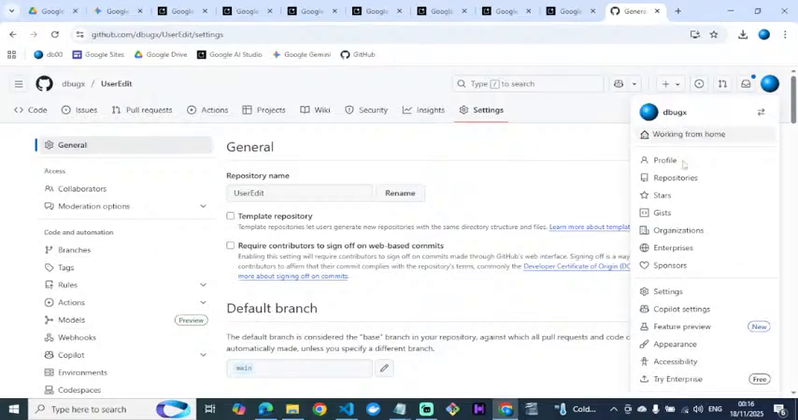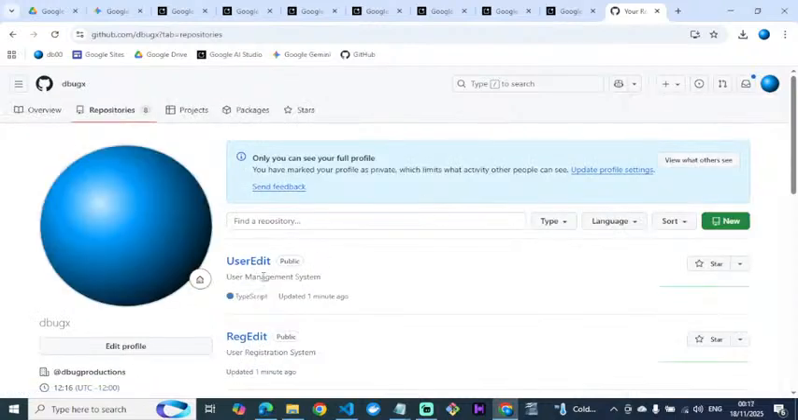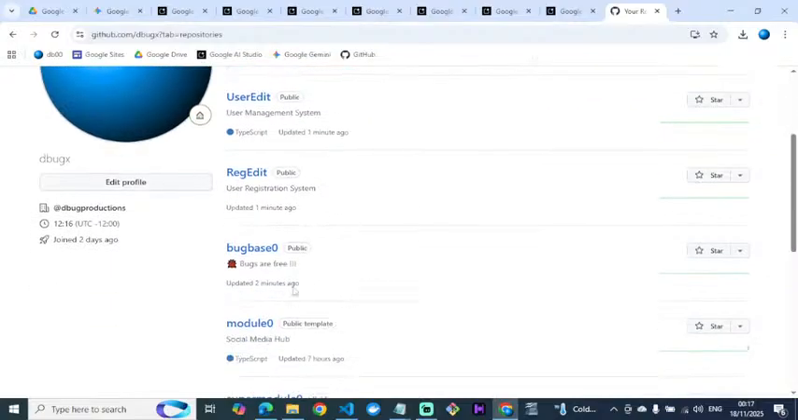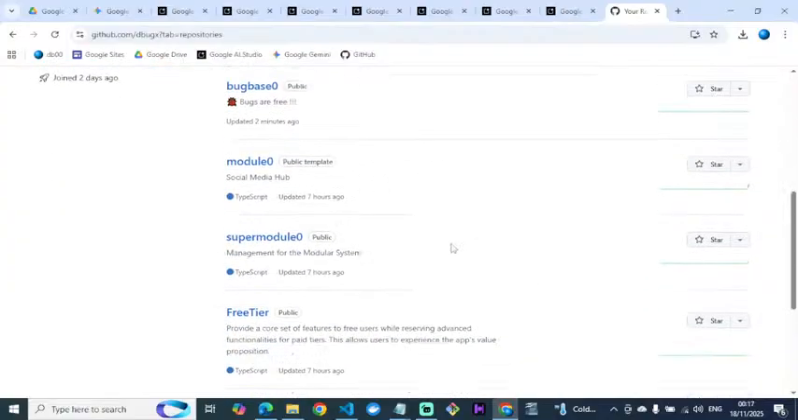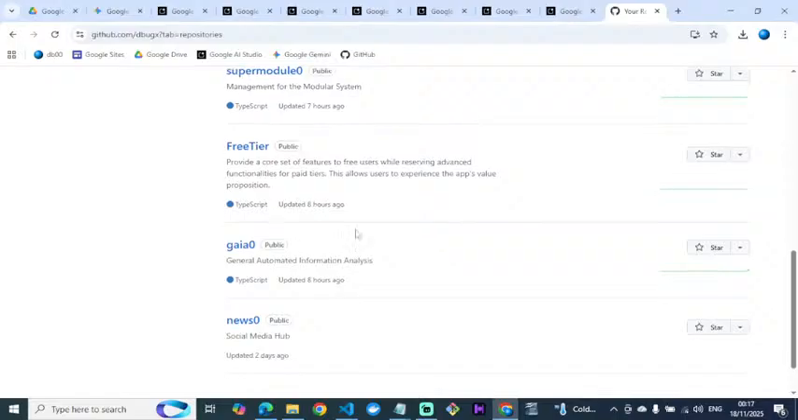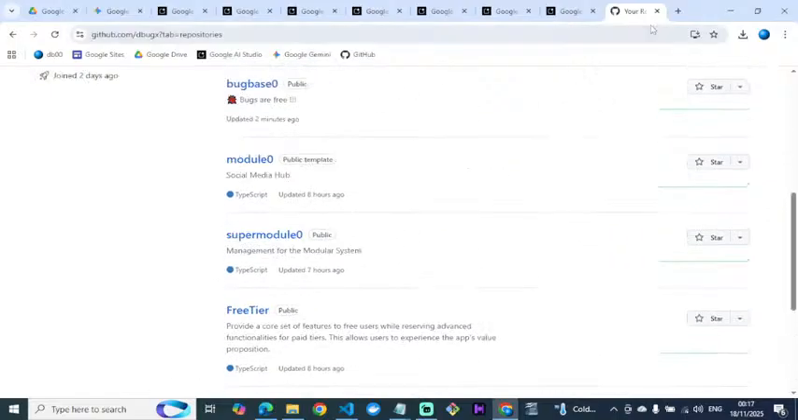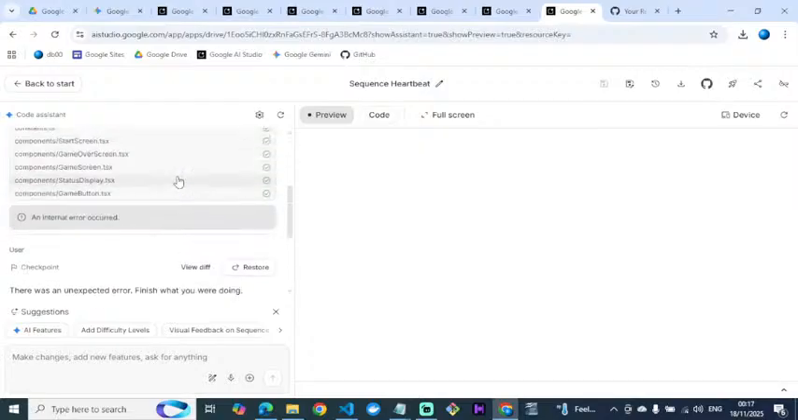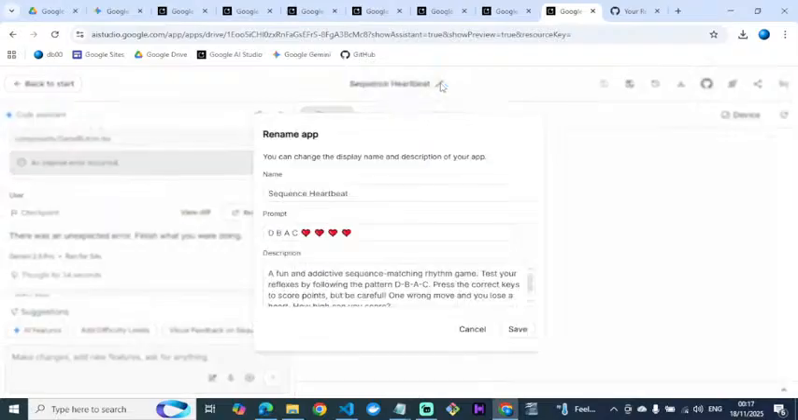So if you look at it in the repositories, you see they've got a little description. User management system, user registration system, bugs are free. I was right to put the bug at the beginning, you see. Social media hub, management for modular system. Yeah, okay, it is good. Sequence heartbeat, that's not right. Something has happened here. Okay, and this one was called